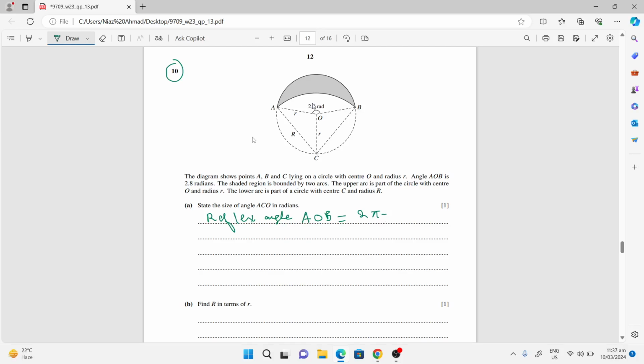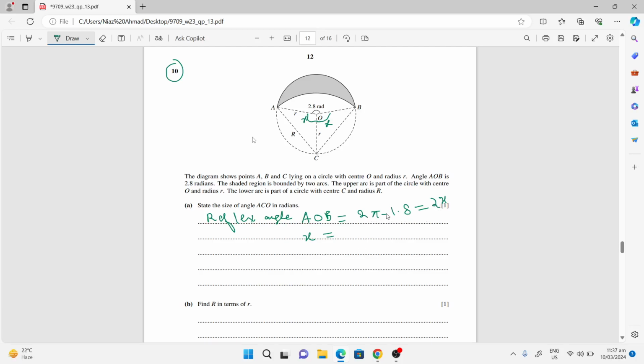This is 2.8. And suppose that the angle is x. So 2 pi minus 2.8 is equal to 2x. If this is x, this is also x, so it is equal to 2x. So your x equals